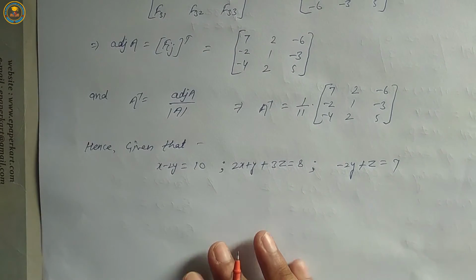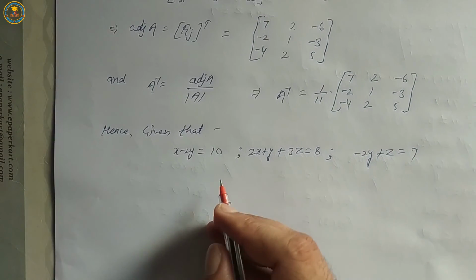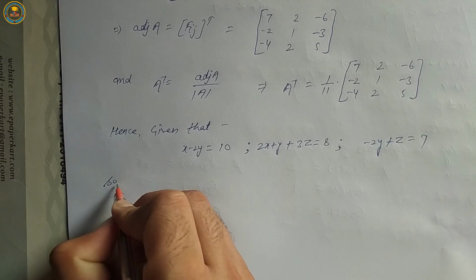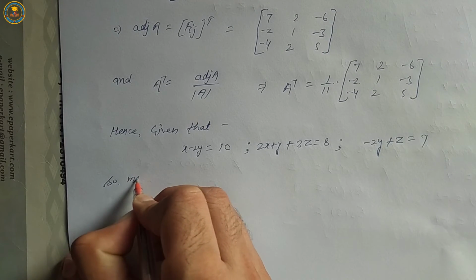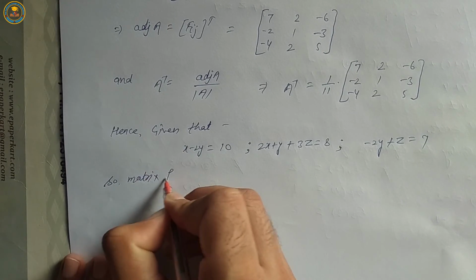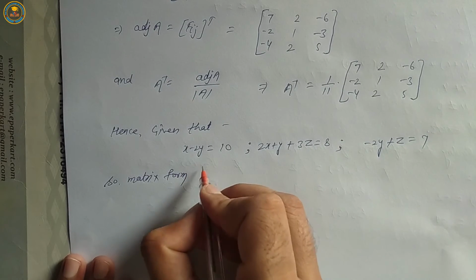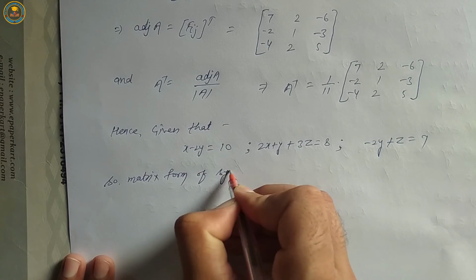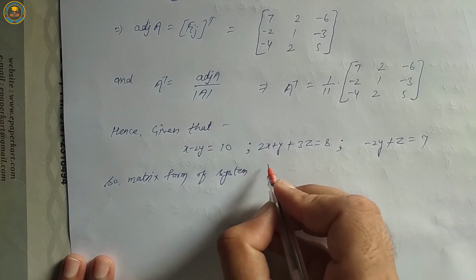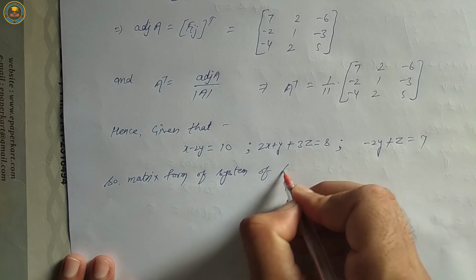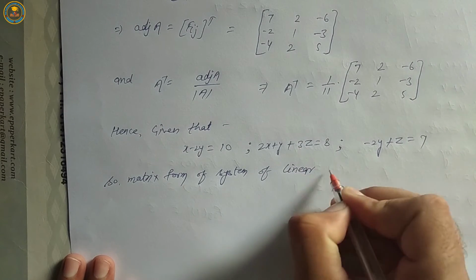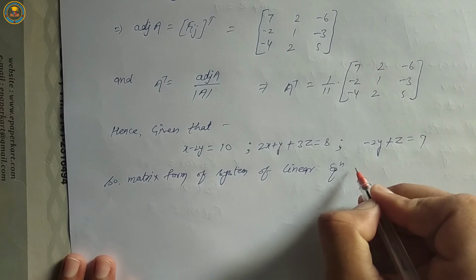Okay, so the matrix form of the system of linear equations is